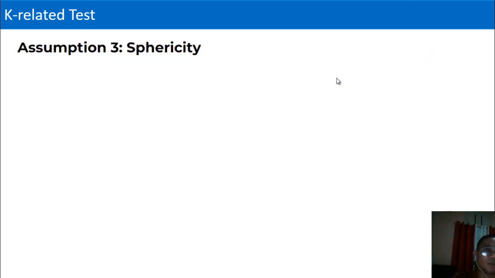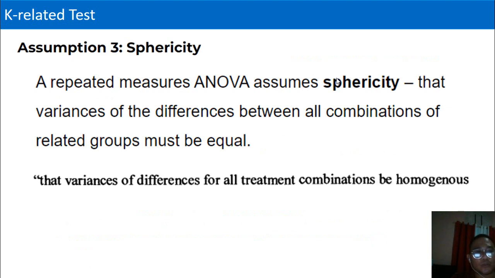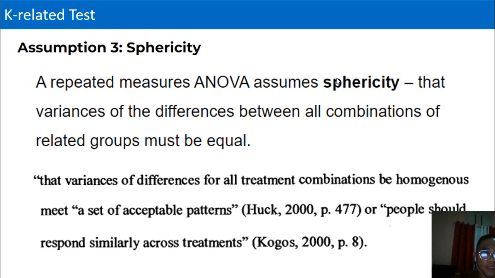So the third assumption is sphericity. When I say sphericity, it is that the variances of the differences between all combinations of related groups must be equal. So in short, the variances of differences of all treatment combinations must be homogeneous. In simple terms, we are looking for acceptable patterns in which the subjects respond similarly across